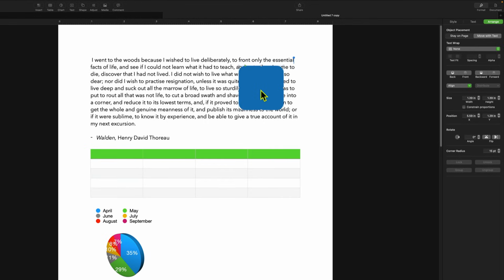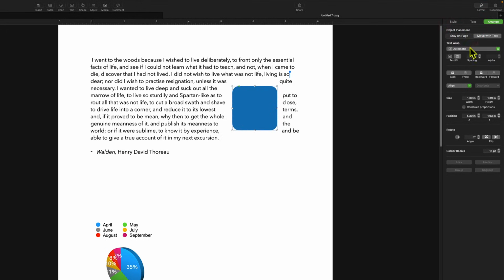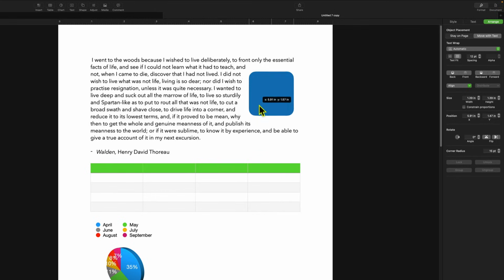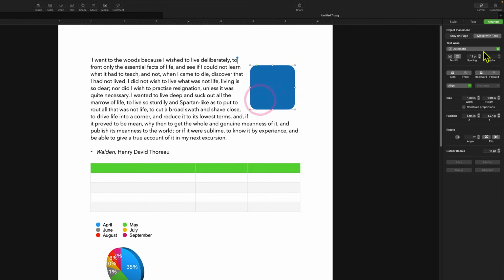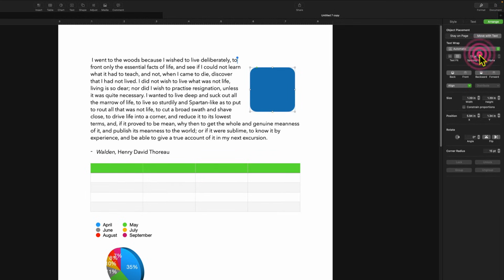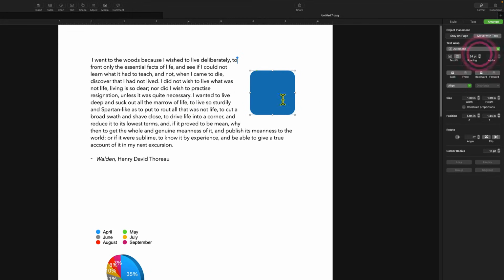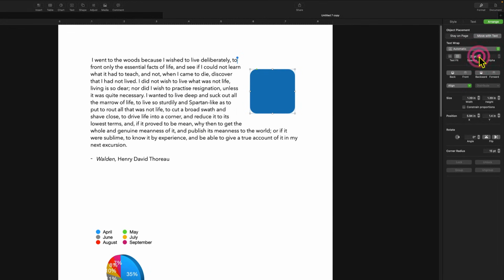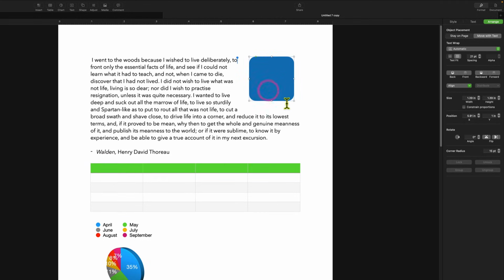If you have a page layout that you're doing instead of just a normal word processing document, that none might be something that's more useful to you. I find with a word processing document, generally I'm going to choose, say, just automatically wrap around it. But you've got some options there, including how much spacing is going to exist between the object and the text and things like that. So that's a real important thing to remember when you're working with objects on a word